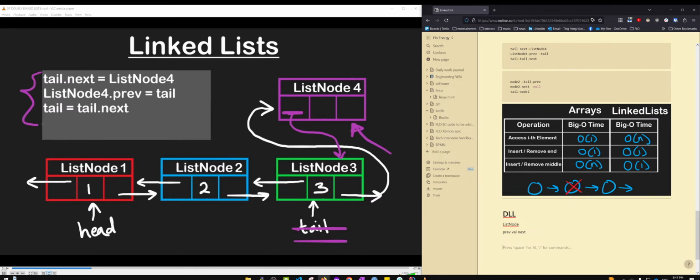This is how the code for that operation would look. We would first say tail.next is equal to the new node that we're inserting. We're connecting the pointers, we're adding that node to our list. We're also connecting the previous pointer of that new node. The previous pointer should be set to the current tail. Remember, our tail pointer was originally pointing at node 3, so that's what our previous pointer is going to be set to, but finally in the end we take our tail pointer and set it to